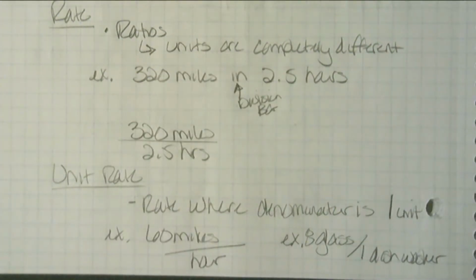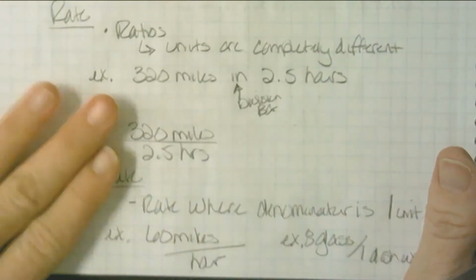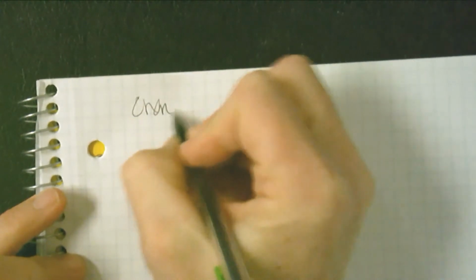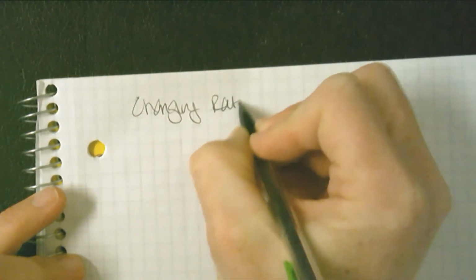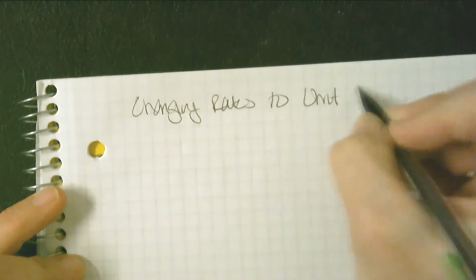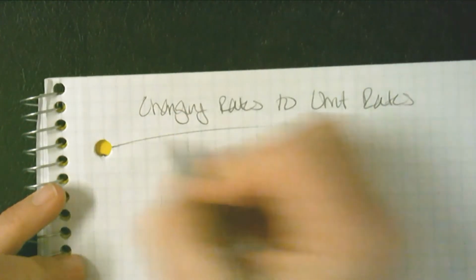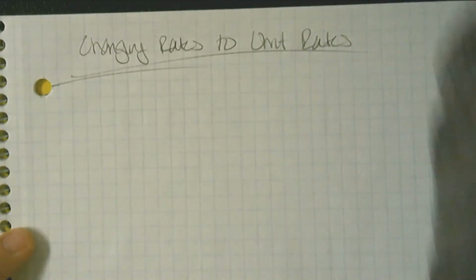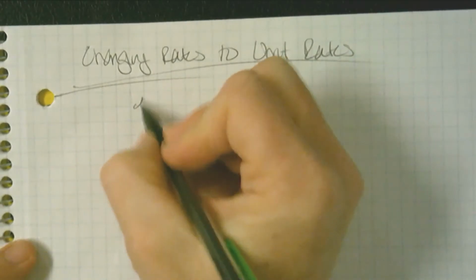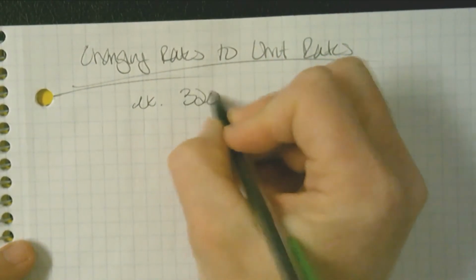All right. So what I want to talk about now is figuring out how we use rates and unit rates. So let's talk about changing a rate into a unit rate. Again, we did this last year. Let's talk about how we do it and then why we do it. So if I took our example of 320 miles